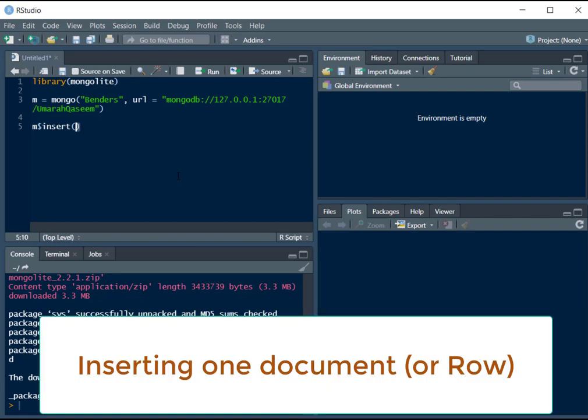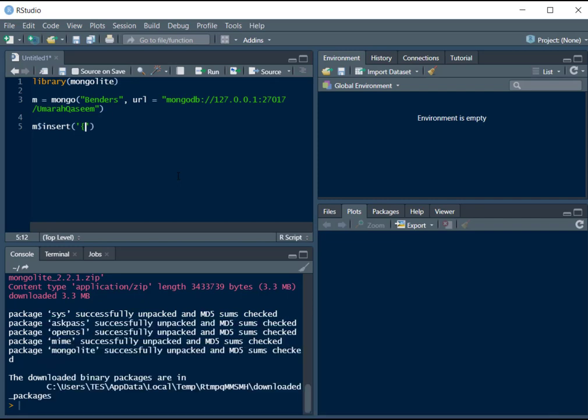So let's say we want to name the field name. I have to enclose it in quotation marks. So name is Ang. Let's enter this name first. Again, I forgot to write quotation marks, comma,